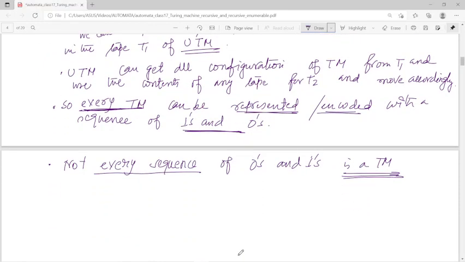তার মানে এটা বোঝা গেল যে আমরা যে কোনো টিউরিং মেশিনকে 0 1 এর সিকোয়েন্সে এনকোড করতে পারি, and 0 1 এর সিকোয়েন্সে এনকোড আমরা কম্পিউটারকেও করতে পারি। তার মানে এটা নয় যে প্রত্যেকটা 0 1 এর সিকোয়েন্স মানেই যে সেটা টিউরিং মেশিন হবে, it is not always correct, right? But এটা তো সত্য যে আমরা একটা টিউরিং মেশিনকে 0 1 এর ফরমেশনে এনকোড করতে পারি, that is correct. So the thing is that,